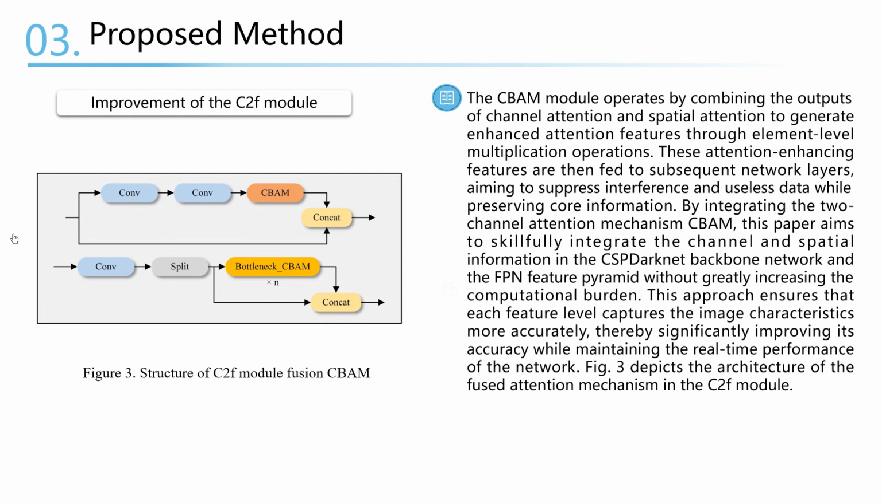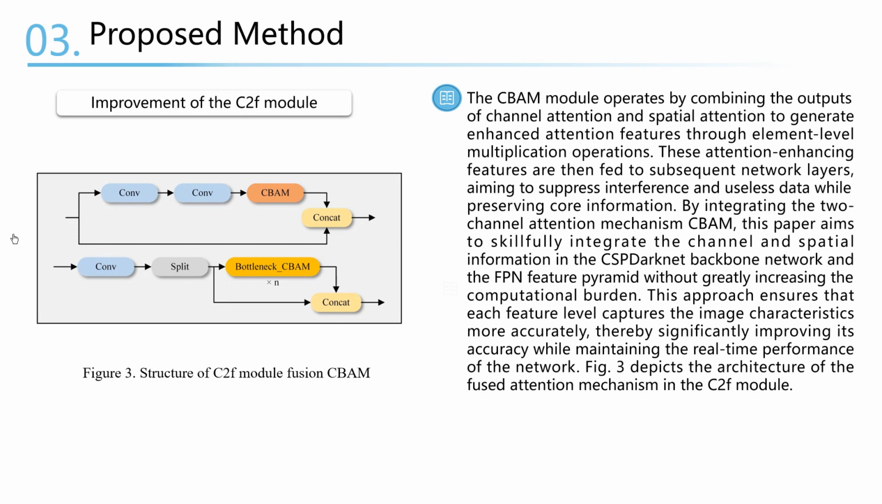Improvement of the C2F model. The CBAM model operates by combining the outputs of channel attention and spatial attention to generate enhanced attention features through element-level multiplication operations. These attention-enhancing features are then fed to subsequent network layers, aiming to suppress interference and useless data while